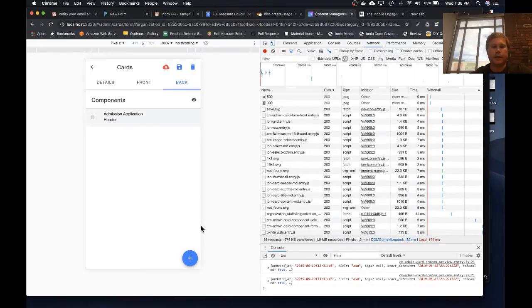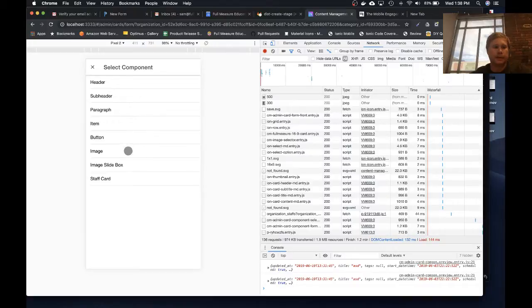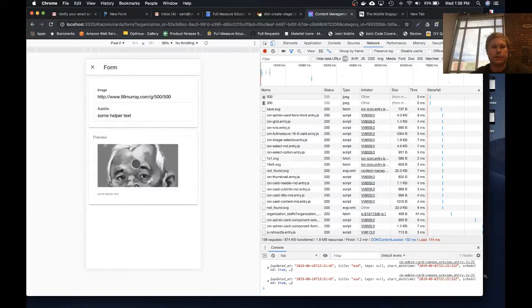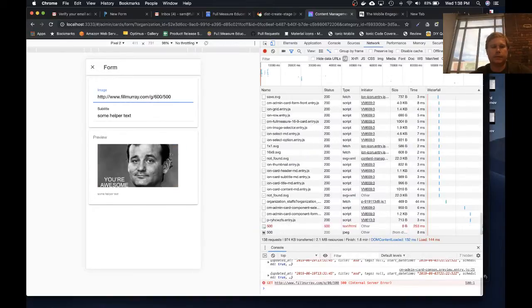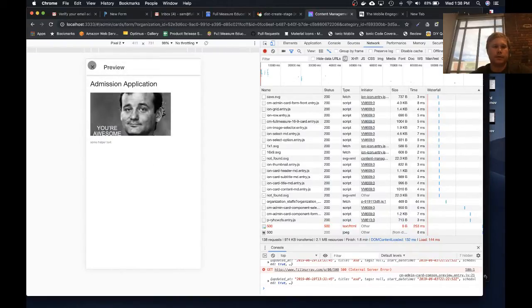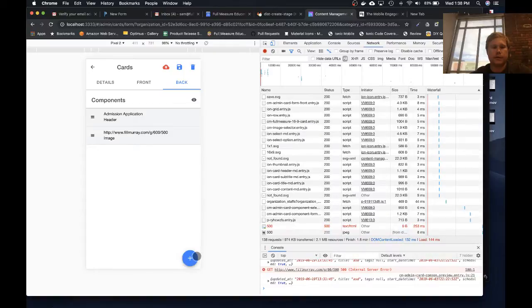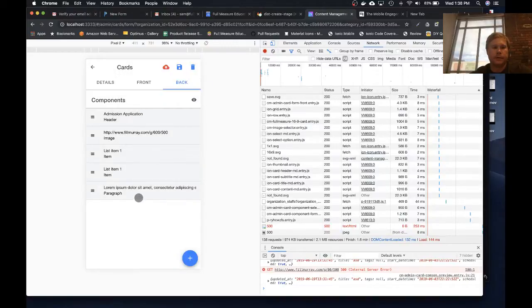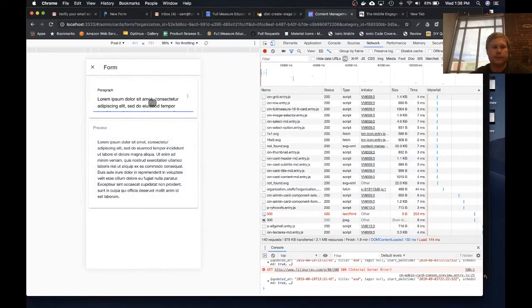Exit out of that. We can add another one. Let's say we want to add an image. That's our image as it exists right there. We could make it a different one. Okay, and then when we go to preview, it's starting to look like something. We can add another one, like an item, another item maybe, and then a paragraph. And go into the paragraph and say like,